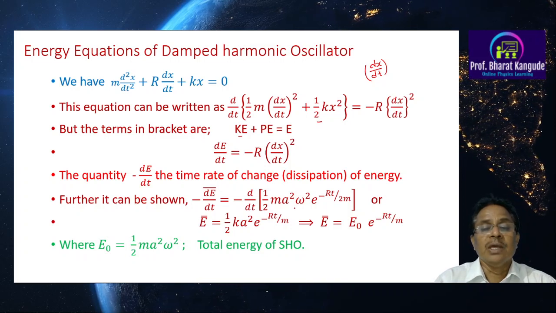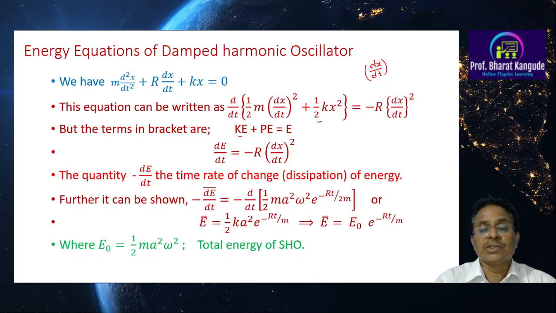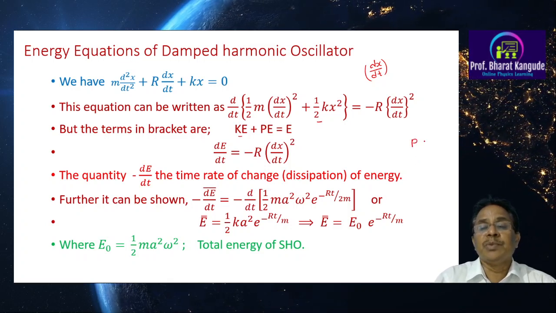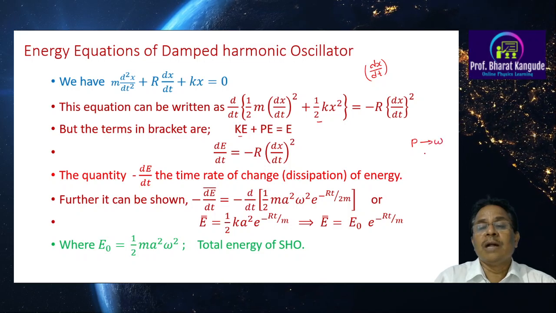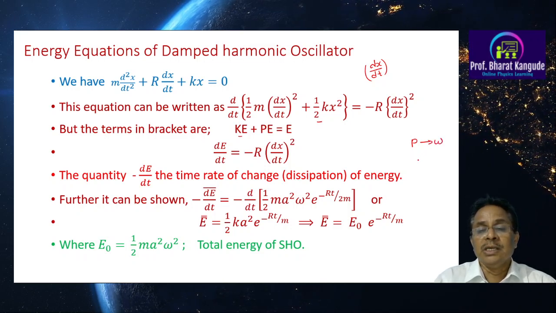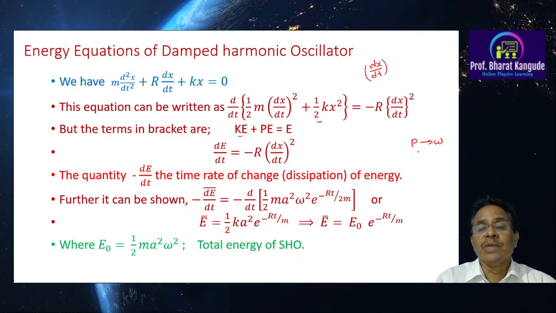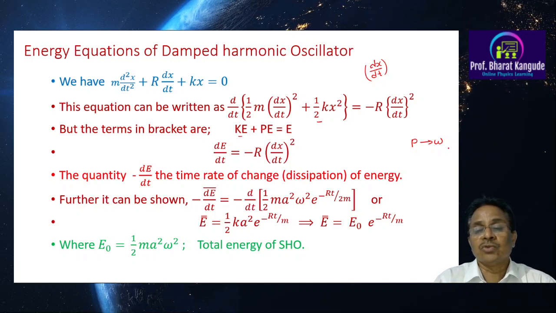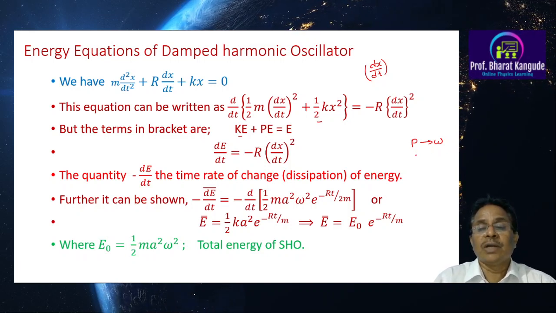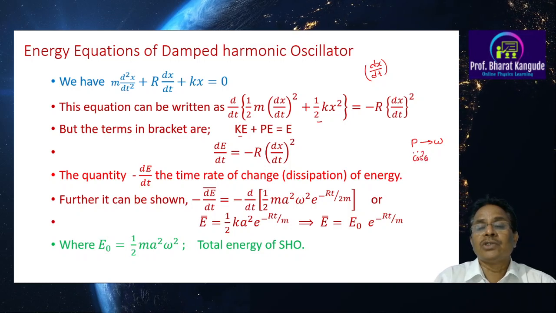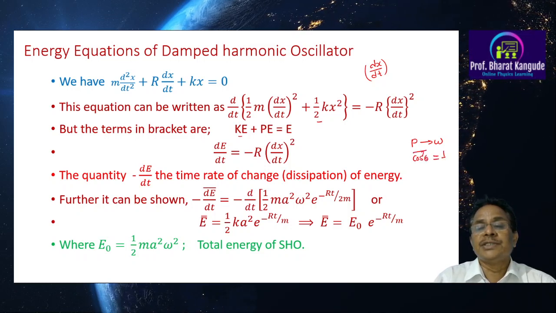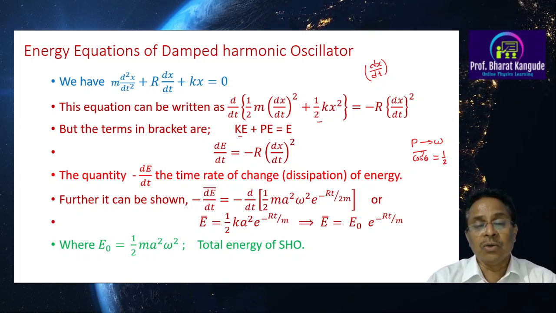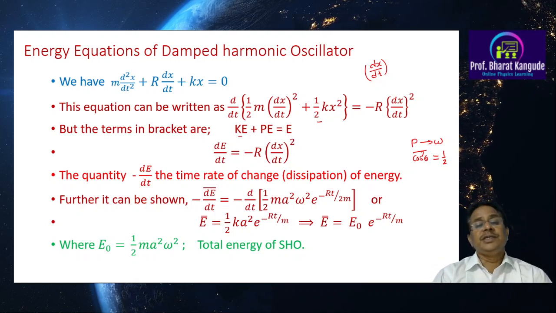And please note, in arriving at this equation, earlier we have seen that in case of damped harmonic motion, the angular frequency is p, but we are replacing this by omega by using an approximation that damping in this case is very small. Therefore both of these frequencies are approaching each other, so p is approaching omega. Then there is one more term, cos square theta. The average of cos square theta is given by 1/2. So these two different concepts we are using here to arrive at this equation for minus dE bar upon dt.